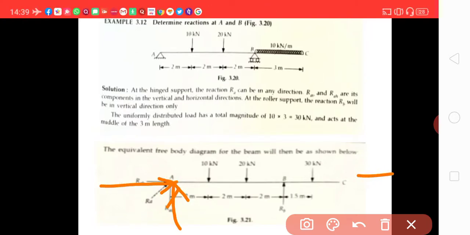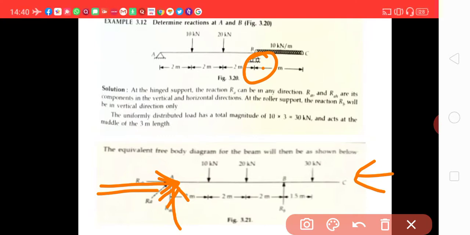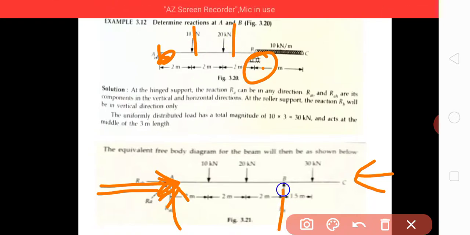If it is pulled like this, it is pushed like this, because it is a roller, though there will be no reaction here. Here there will be no reaction, but there will be a reaction or opposing force generated at this point here. Similarly, when load is acting from top, there will be a reaction from the bottom side to counter that load.